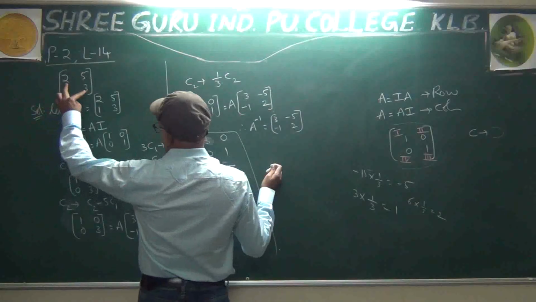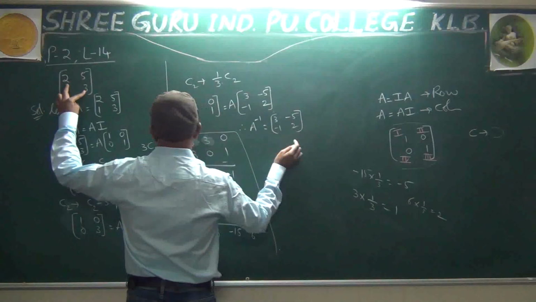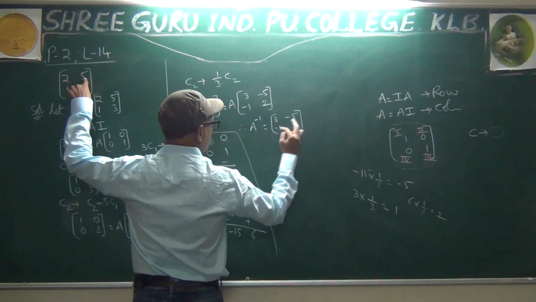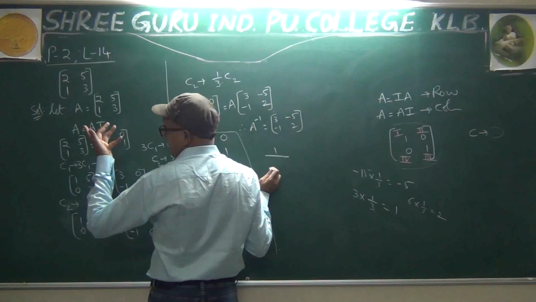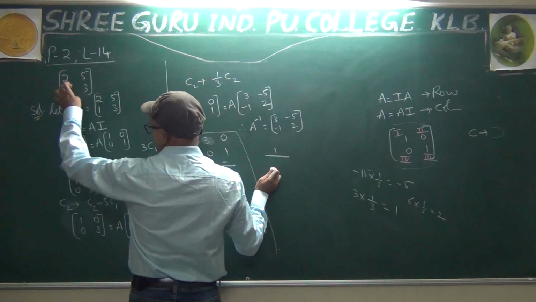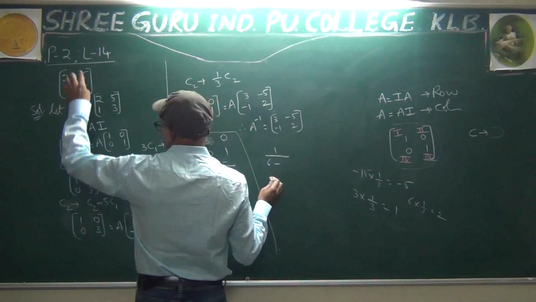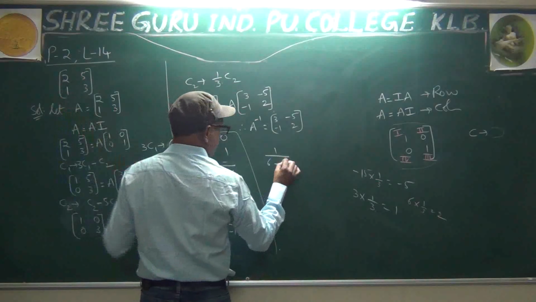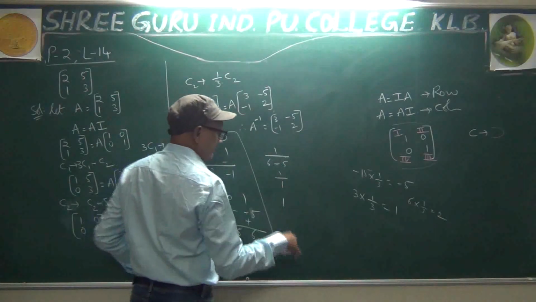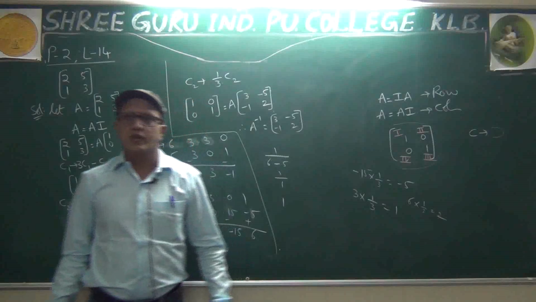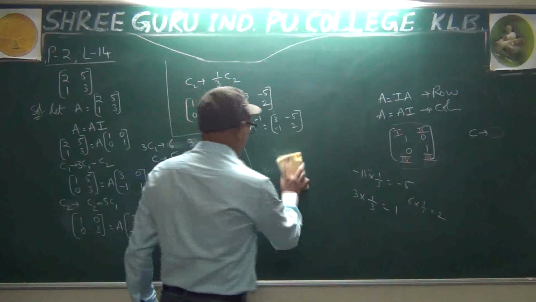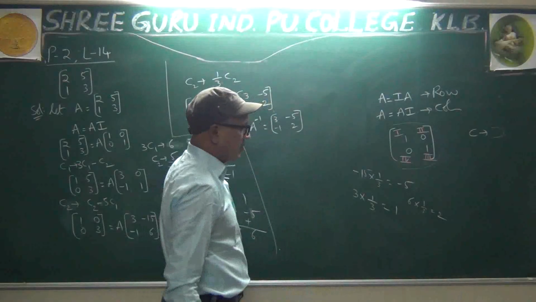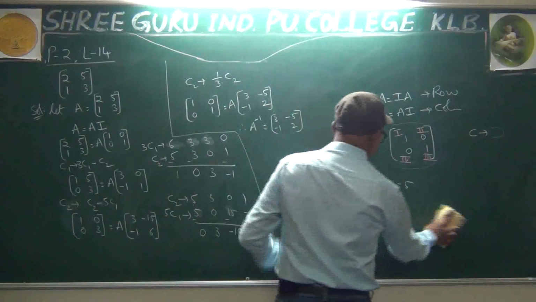Right? Let us check. Interchange these two. Yeah. Change the sign for these two. Yeah, correct. Let us see 1 by AD minus BC. That also we have to check. A into D, 2 into 3, 6, minus B into C, 5 into 1, 5. Okay, this is about column operation.